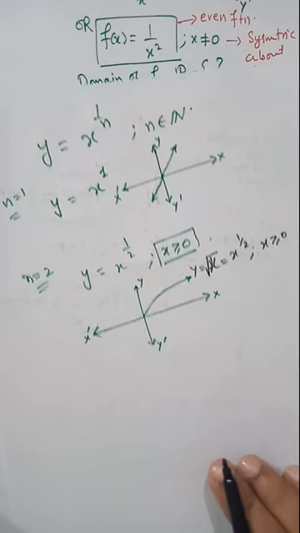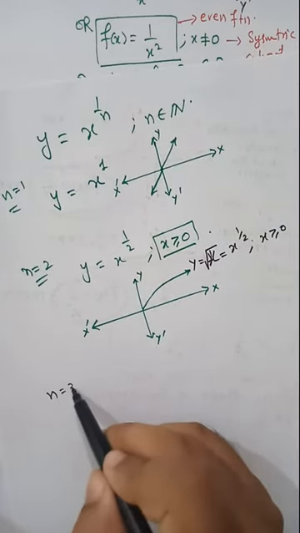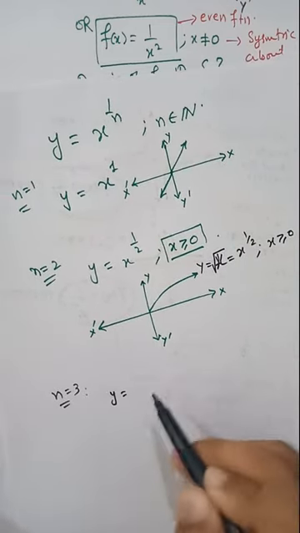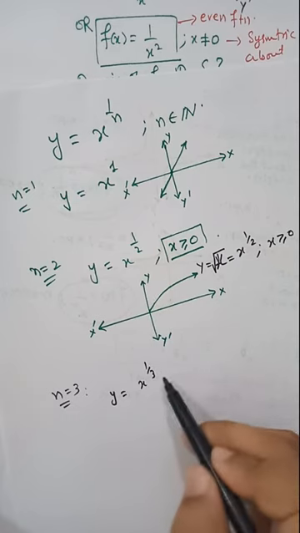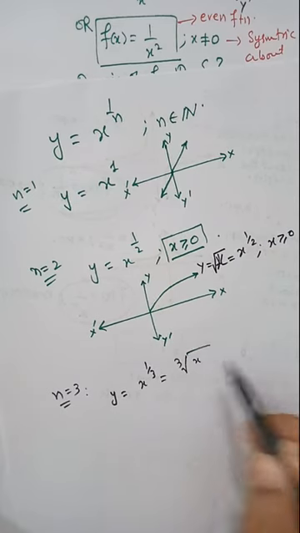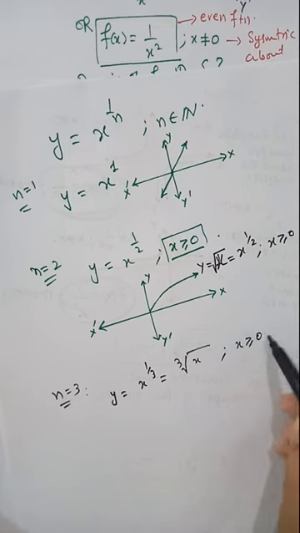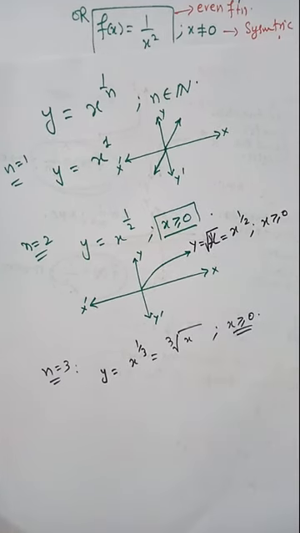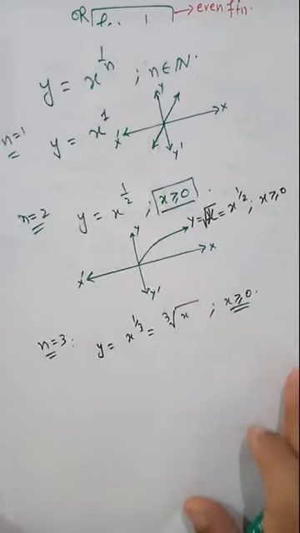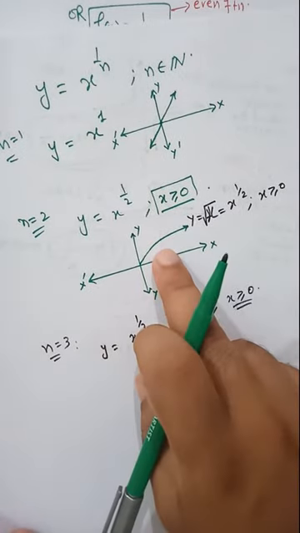Now if n equal to 3, y will be equal to x power 1 by 3, or you can write cube root of x. So here we also take x greater than or equal to 0, because when you take negative values of x, you will get complex roots. So that's why we avoid those complex roots. So the graph of this must be in this fashion,